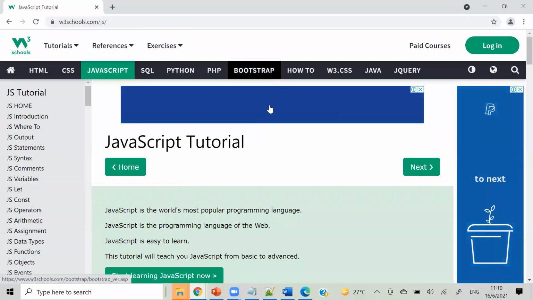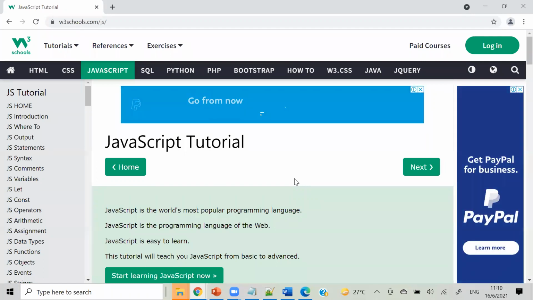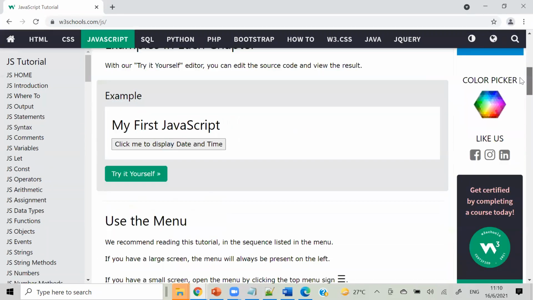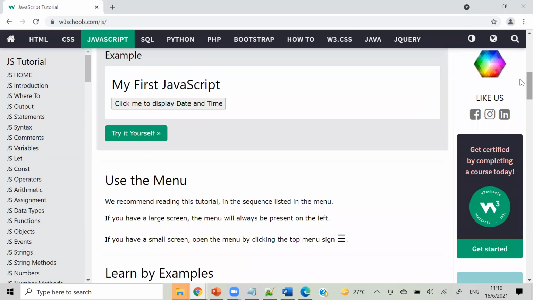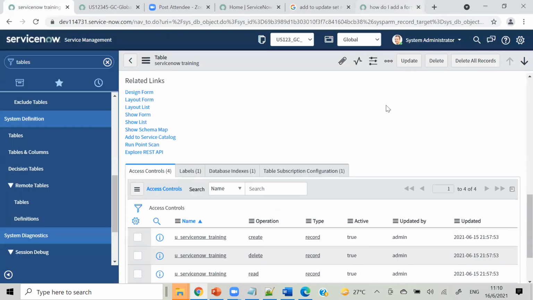But ServiceNow coding and JavaScript coding are totally different. They use just 20 to 30% of JavaScript. It will look similar and have similar functionality, but your definition of code will be a little bit different. You will find a word like glide here in ServiceNow. So have a look at JavaScript before coming. At least what is get value and set value, you can try that, and what is a variable and how variables are defined. That is enough.